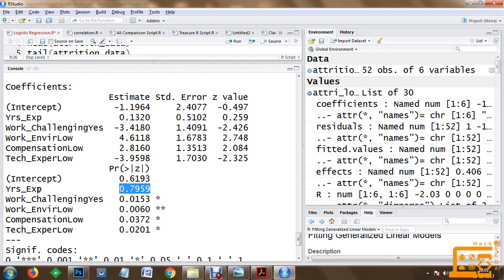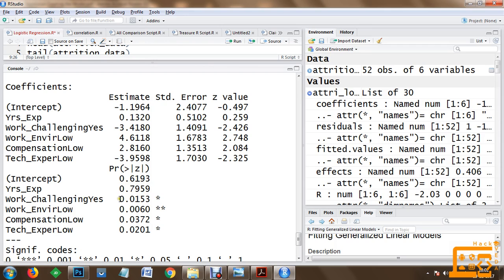That means whether the years of experience of a person is low or high, it doesn't matter whether he will be staying in the organization or not. So years of experience could not be a significant factor in prediction of iteration. Then there is other information like work challenging.